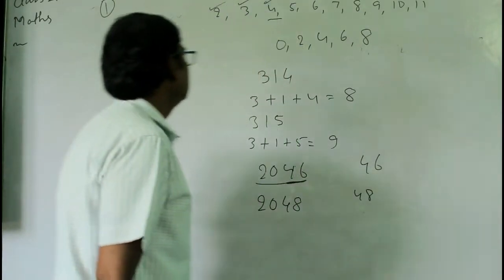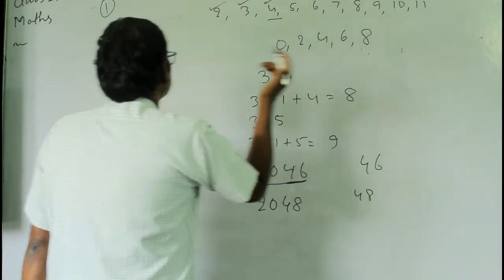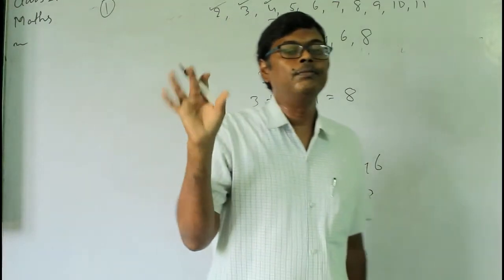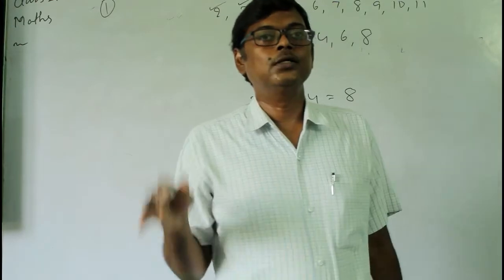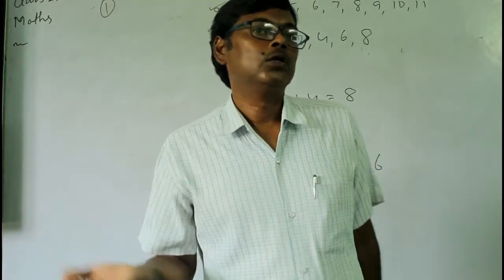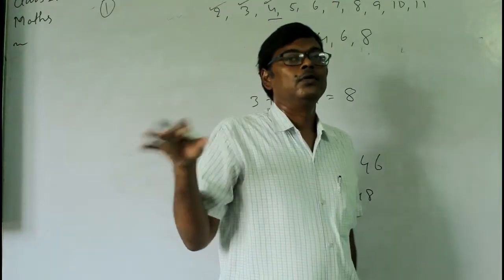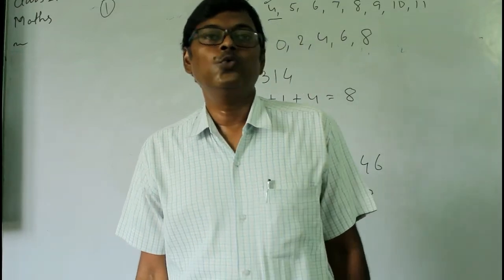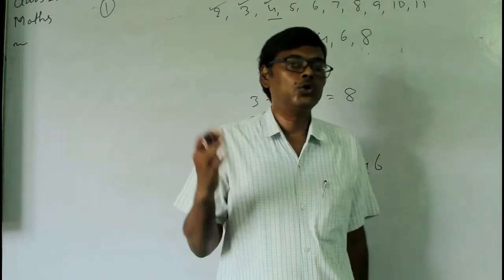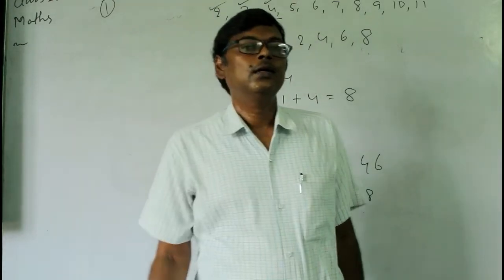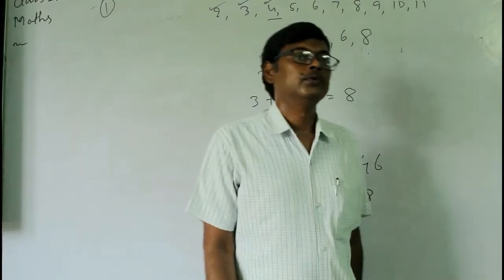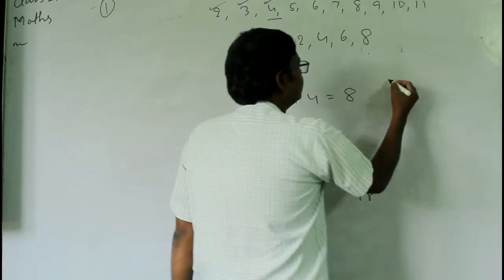Okay, so it is very easy here. In any number, if the digit at the ones place is 0 or 5, that number will be divisible by 5. That is, if the digit at the ones place is 0 or 5, then that number must be divisible by 5. Okay, for example